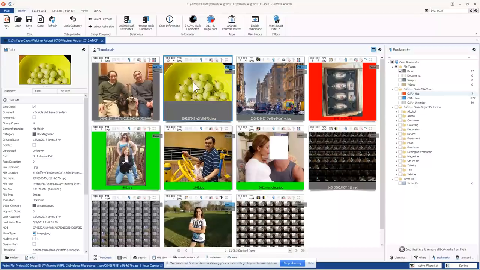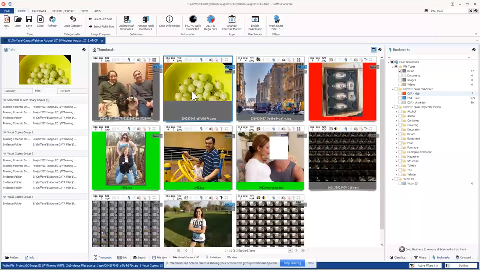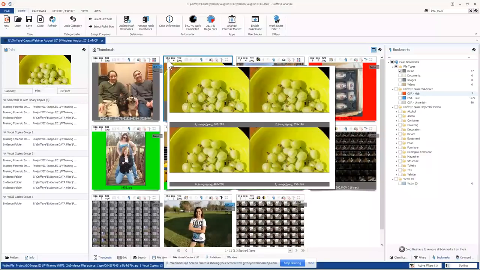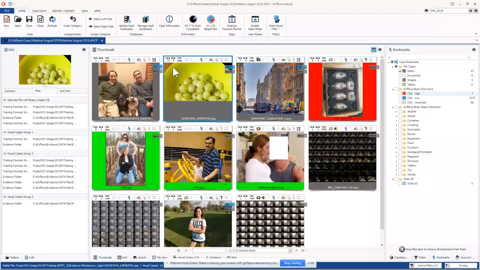So if I select this file here, let's say, for example, this bowl of grapes is an abuse image, in a typical investigation, or years past, you'd have to look at this file 13 different times and make 13 different determinations on however you're going to bookmark it, flag it, whatever. But Griffeye Analyze has stacked all the duplicate files that exist for this particular file. If I hover over it, it shows me all the image groups and all the different sizes where this exists.